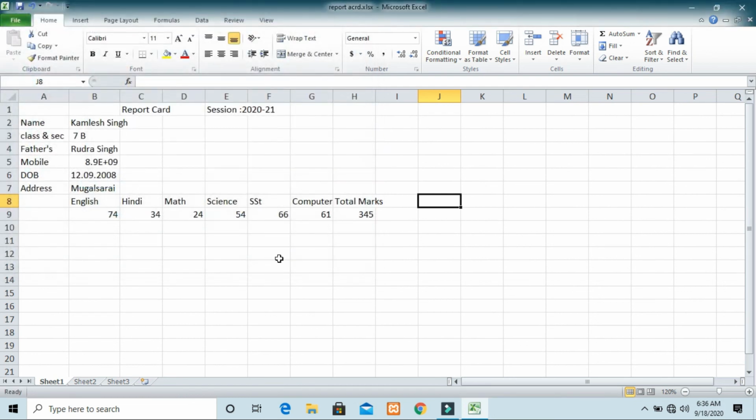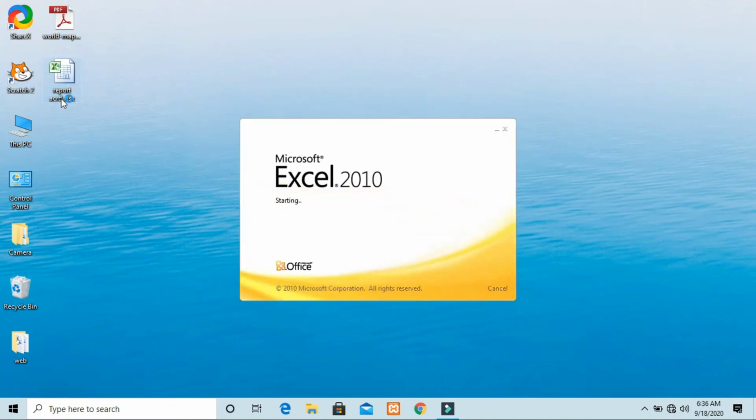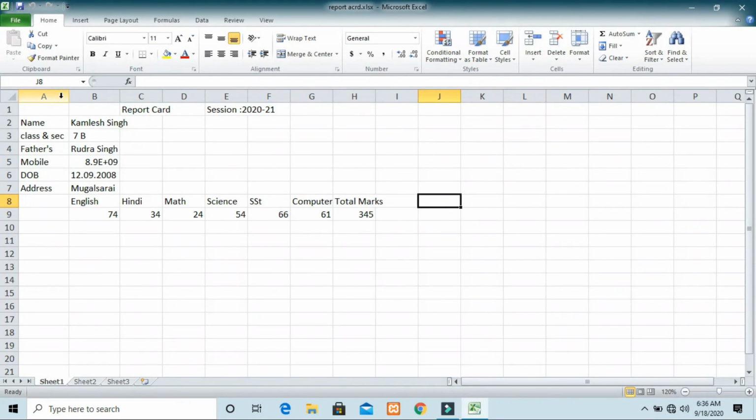Now your file is saved. Fine, you can see the name of your file given on the top. When you have not saved your file, it does not show this name; it shows some other name, but when you save your file, it shows the name which you have given to the file. Now I again want to show you that this is our file. Once you double click on it, that file will open. So this is all about today's session.